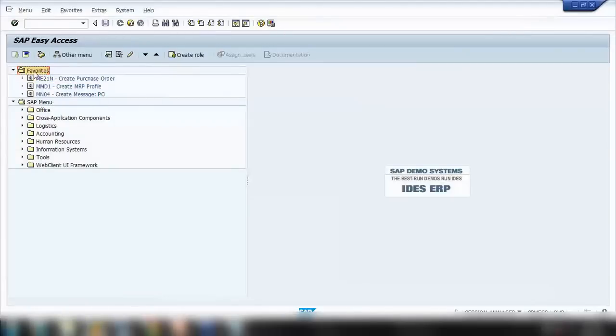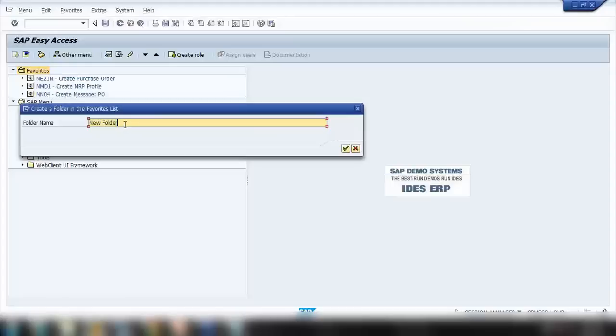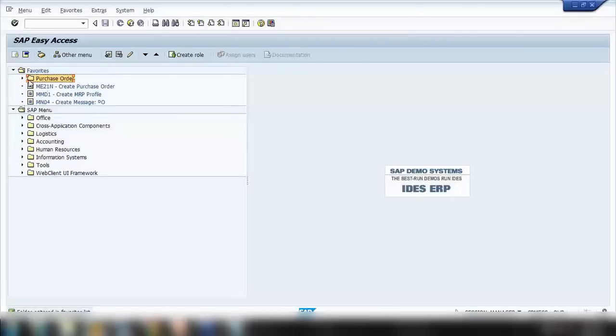Okay, under favorite, if I right click on it, if I click on insert folder and here give it the folder name, say purchase orders. So here you can see the folder. Okay, and under folder you can insert some transaction. For example, this one I can insert here. I can drag and drop as well. See,